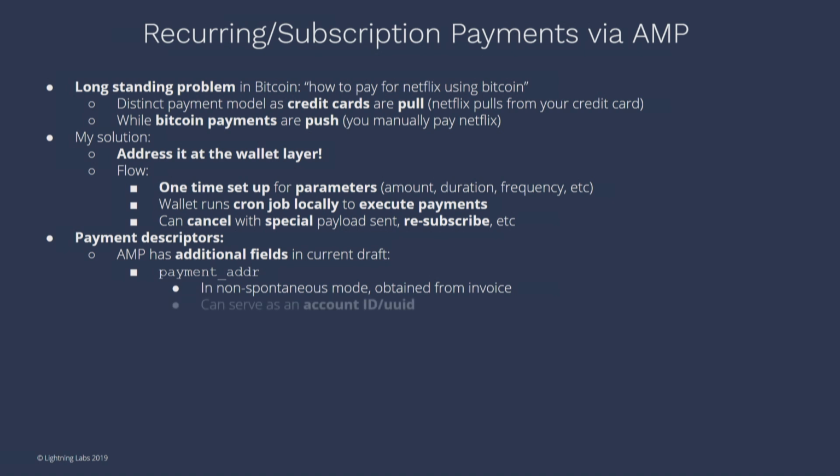And it also has this other field that we call a stream ID. This is basically a field that is randomized and changed every single time. This lets you differentiate multiple payments to that same payment address in a particular session, right? So using this, we have a one-time setup. I have my phone, I scan the QR code, I then say, okay, accept subscription, and then progressively my wallet's going to be paying out to the individual over time, and the receiver is able to properly map my payment to maybe a credit card or an account or some other service they're offering me themselves. And like I said, stream ID is going to differentiate them.